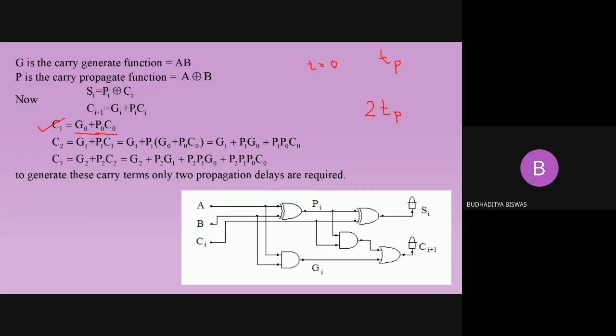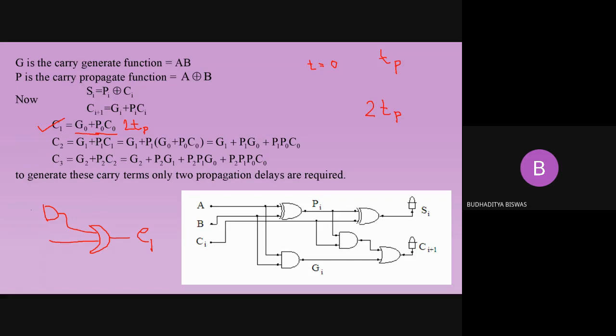Now, how much time is required to calculate C1? That was the question. You don't need to think about how much time is required to generate P0, G0, P1, G1. All these G terms and P terms are available from the beginning. Now you start your calculation and tell me how much time is required to generate the term C1. Here you see that 2 TP time is required to generate the term C1. Now, can somebody tell me? Oh, that is very easy. So this is an AND gate. The output goes to an OR gate like this, and this is actually C1.